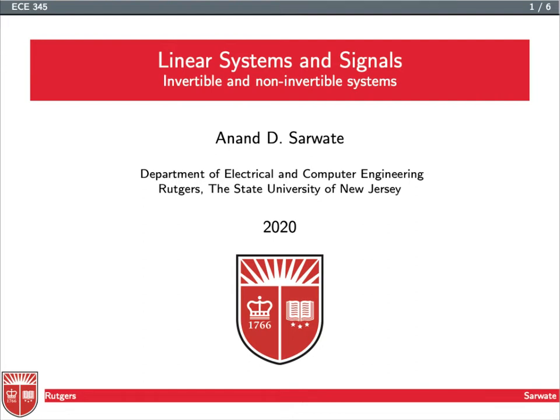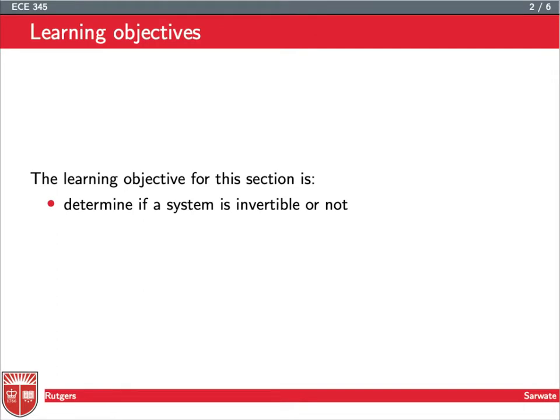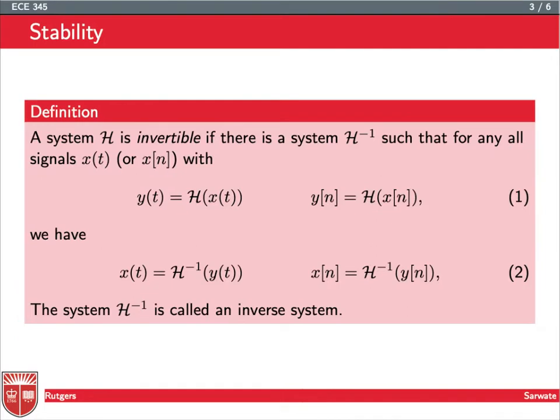So let's talk now about our last system property, which is invertibility. So we'd like to determine if a system is invertible or not. The system H is invertible if there's a system H inverse, the inverse system, such that for all signals x of t or x of n,